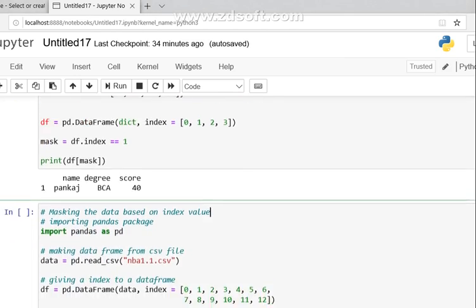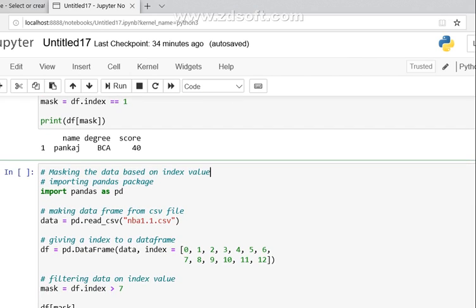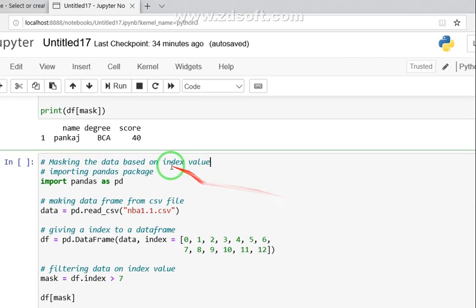Now again, masking the data based on the index value. I am going to apply this operation on the nba1 file. Give the proper path where it is stored. The nba file 1 you have already seen. What I have done first is importing pandas, then reading the file, assigning it to data, then converting into a data frame, and then supplying the corresponding index value to my file.